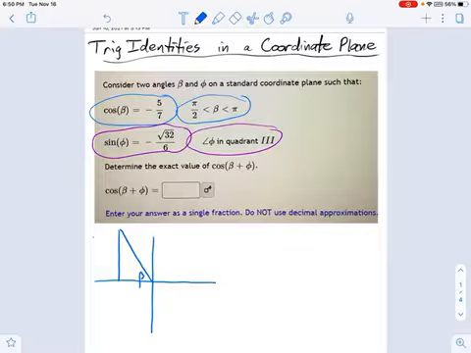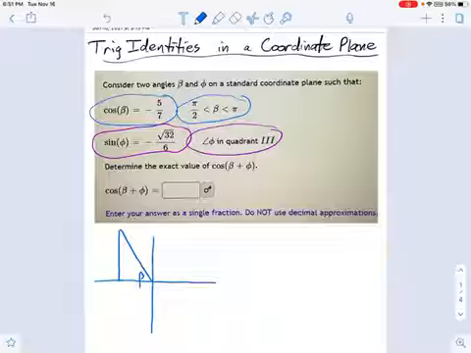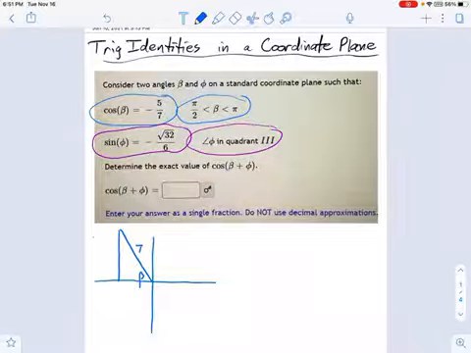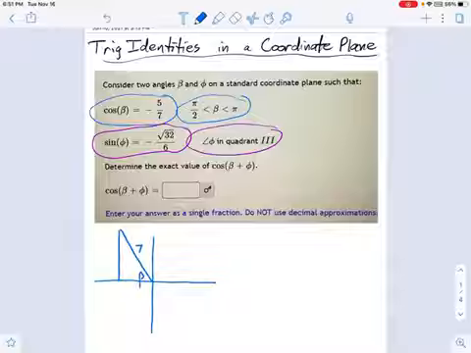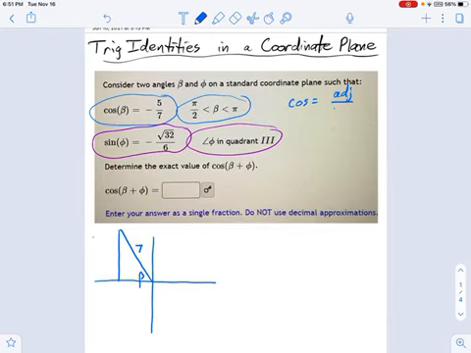Now, if cosine is negative 5 over 7, what does the 7 have to be? The 7 should be pretty clear. That's the hypotenuse, because, remember, cosine equals adjacent over hypotenuse. So there's my 7. How about that 5? Well, that's going to be the adjacent side, the x value right here. And remember, here's the important part, it's a negative 5. And you can see that from the cosine value and from the direction on the grid. I'm going to the left.